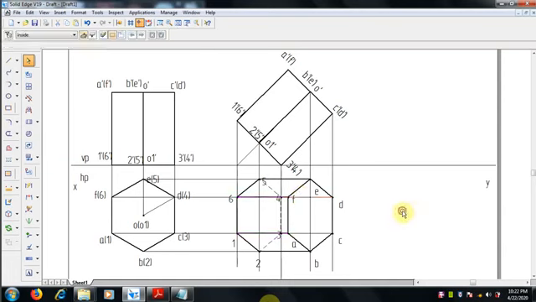0.5 mm thickness. And the line which crosses the visible face is hidden. Okay, these are the lines which is crossing the visible lines, the visible face. So that should be in hidden, that should be hidden. That is 4 which is joining 4D and 3C. Already the 4 and 3 is hidden, so this line also hidden.